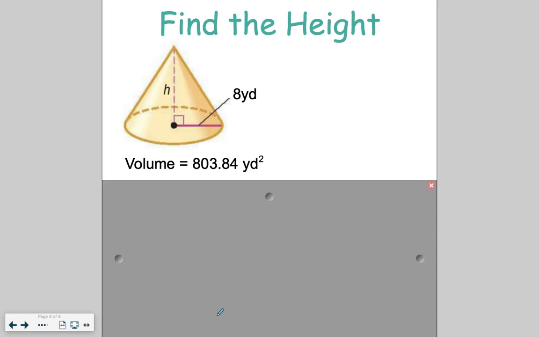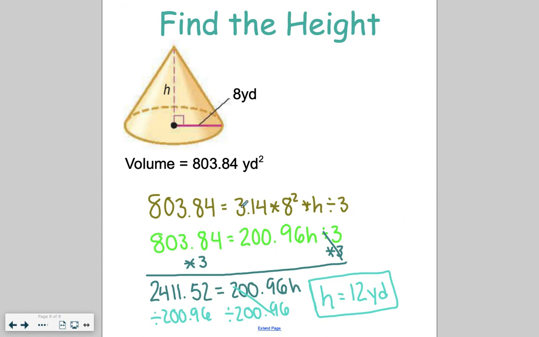Go ahead and try this one on your own. Setting it up, plugging in your volume of 803.84, pi times the radius squared, and then divided by 3. Solve the multiplication part, eliminate divide by 3 by multiplying by 3, and then eliminate that multiplication by division. You get a final answer of the height is equal to 12